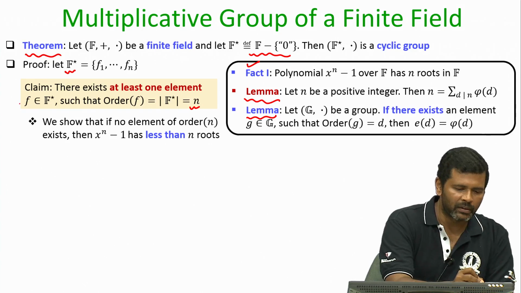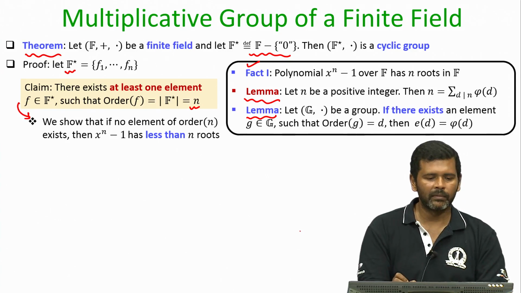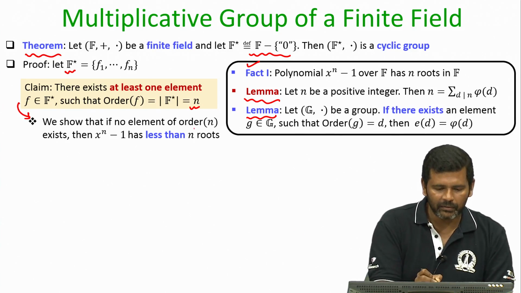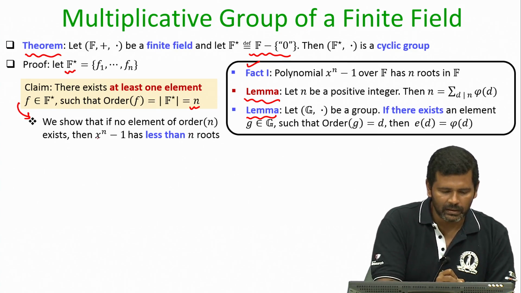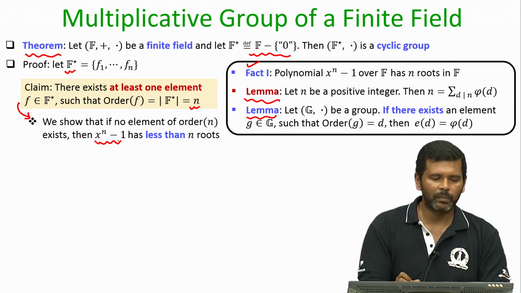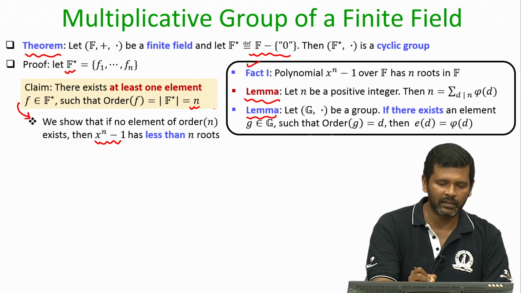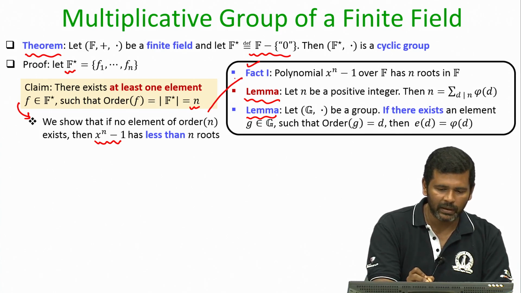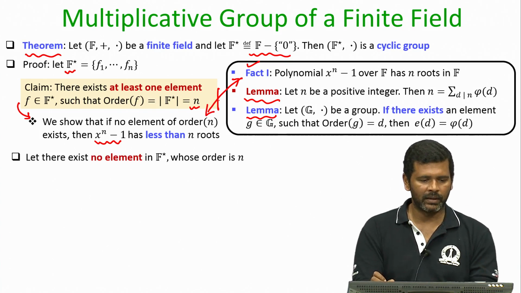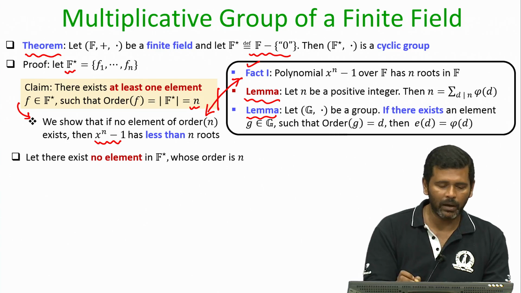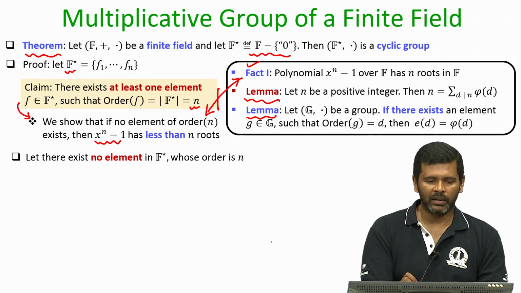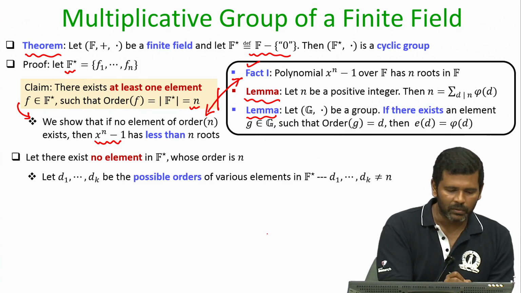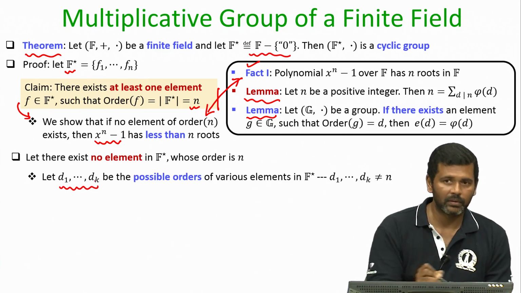The proof will be by contradiction, namely we will show that if there exists no element in F star whose order is n, then the polynomial x^n minus 1 has fewer than n roots, and that will go against fact number 1. So, let us prove this claim now. Assume that none of the elements from F star has order n. So, let the various orders which are possible